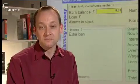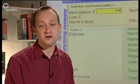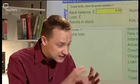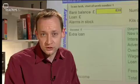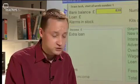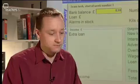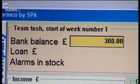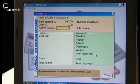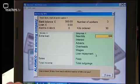With Alarmco, you are completing a weekly budget sheet for an alarm selling company. You have complete control over employees' wages and the entire budget. Now, the program doesn't calculate any of the values for you. You have to do this yourself using the information provided on the business information sheet. Now, I'm running it in its easy mode here just to show you, and we start with £300. I'm not going to take out any loan. I haven't got any alarms in stock either because I'm just starting out, but I'm going to order 30 new alarm kits. And here I've worked it out as